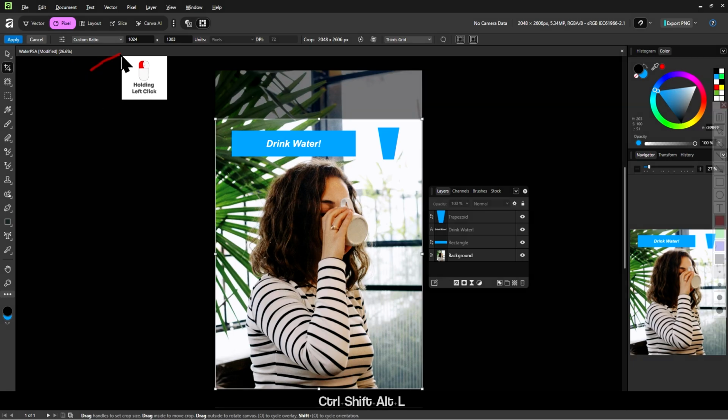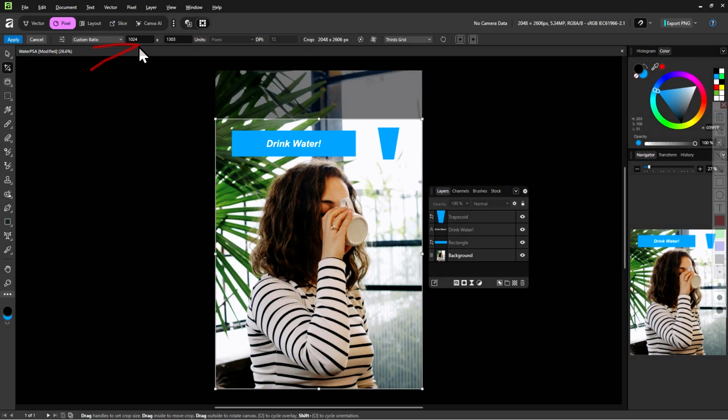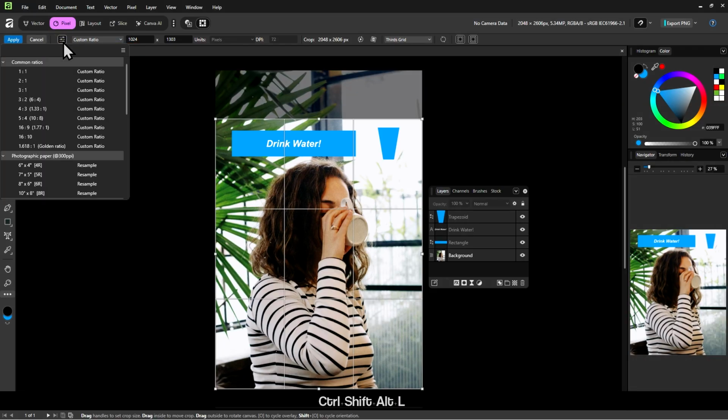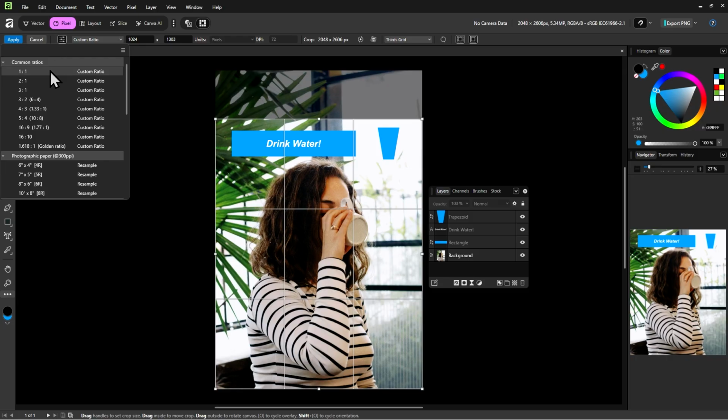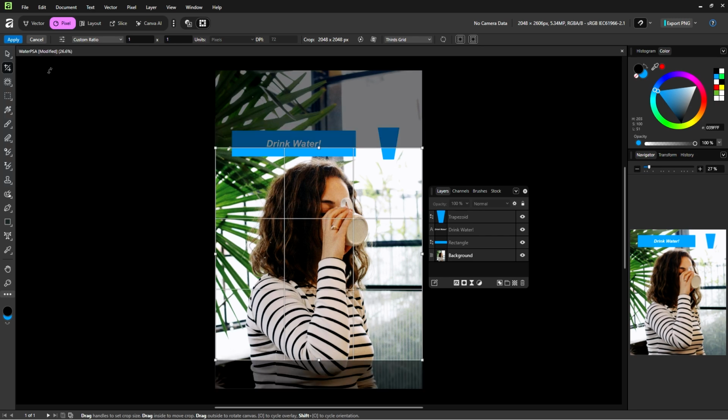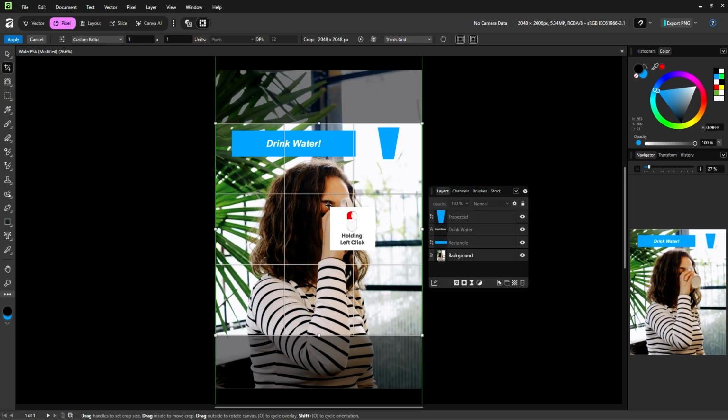We can set the aspect ratio here manually, or we can use one of the templates here. Let's try the template first. An aspect ratio of 1 out of 1 means the canvas is as wide as it is tall, so like a square shape. And we can also drag around the cropping just like this.